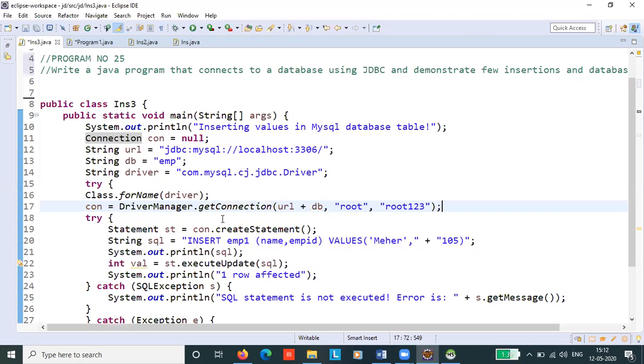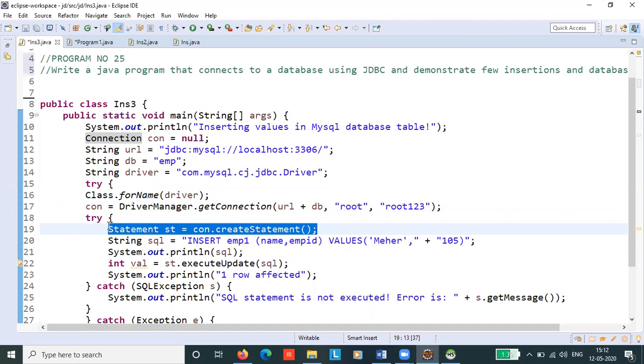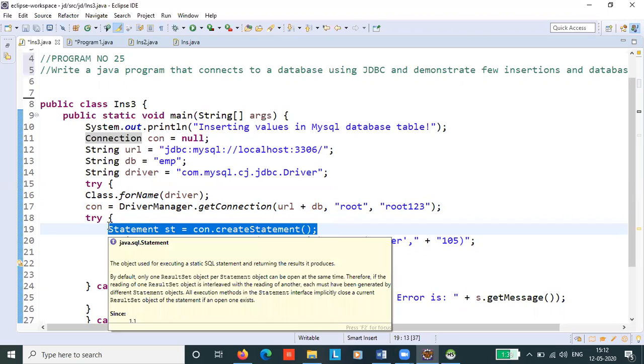Next, we have something called the Statement interface. The Statement interface provides methods to execute queries with the database. The Statement interface is a factory of ResultSet. That is, it provides a factory method to get the object of ResultSet.